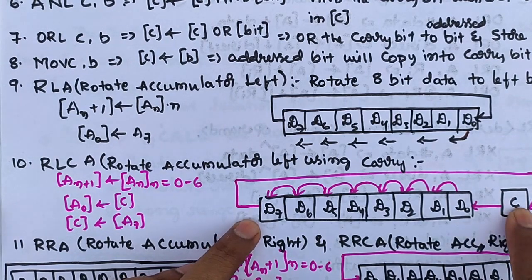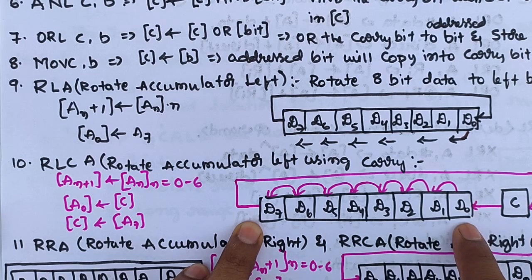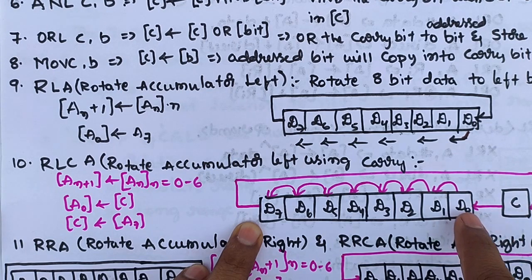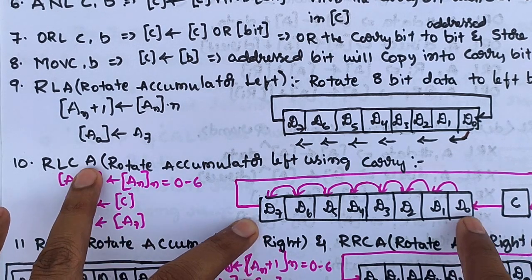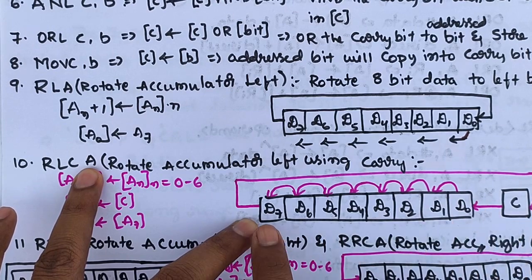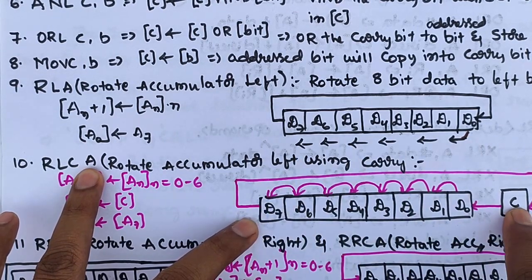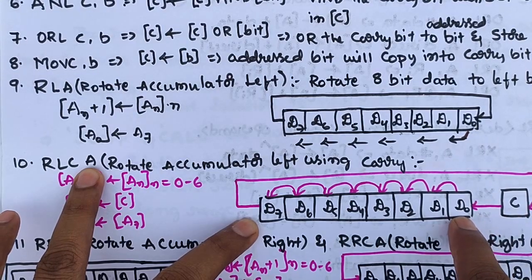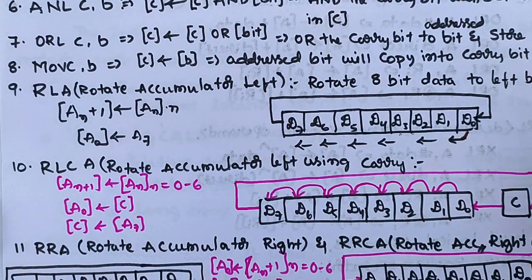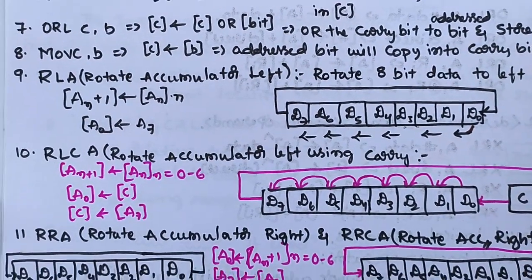By affecting this carry flag, we are shifting the information towards the left. Once we apply RLCA, the content of d7 will be copied to the carry flag, and the carry flag content will be copied to the d0 position. Similar operation for RRA,